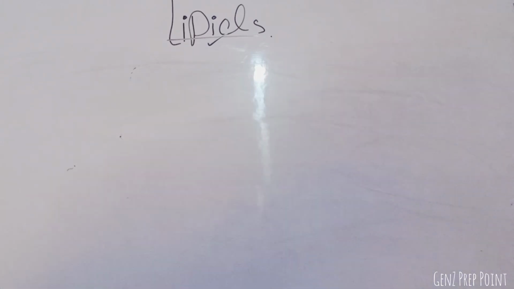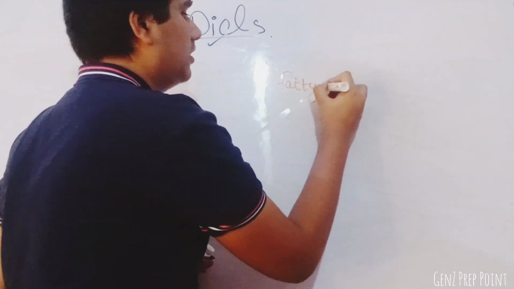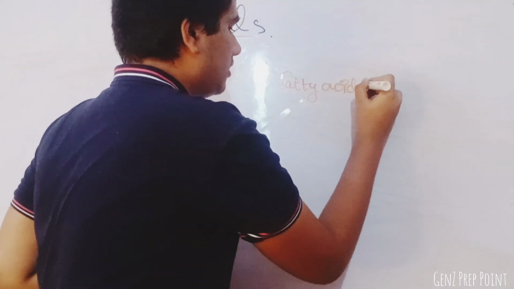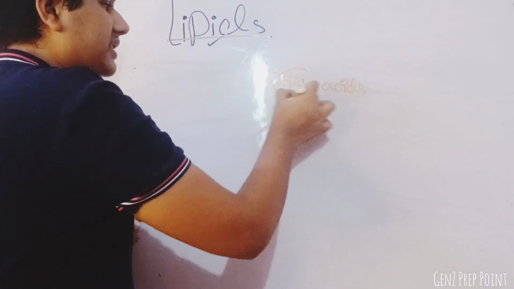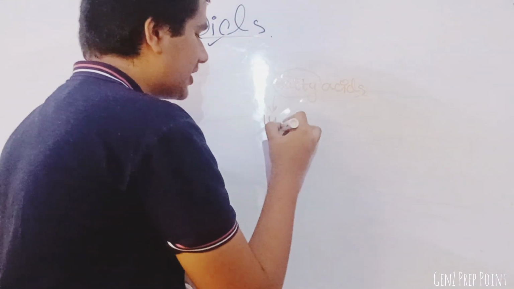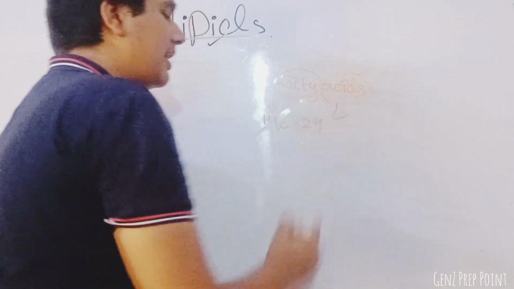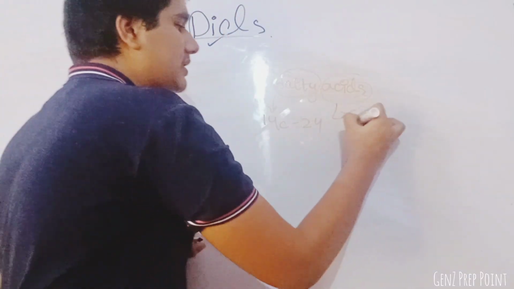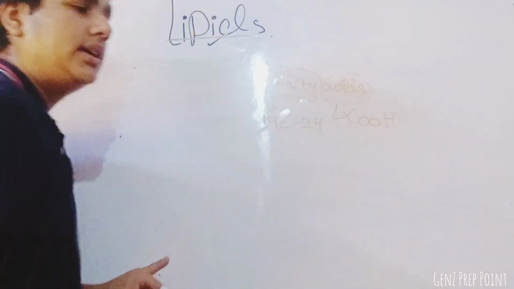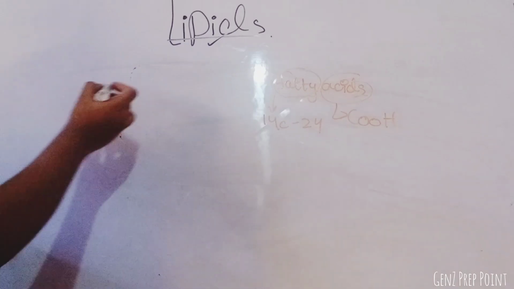Now, I will use an example. I said fatty acids are known as fatty because they have long carbon chains. How long? 14 carbons to 24 carbons. Why are they called acids? Because they have COOH, that's it. Nothing else. Now there are two further types